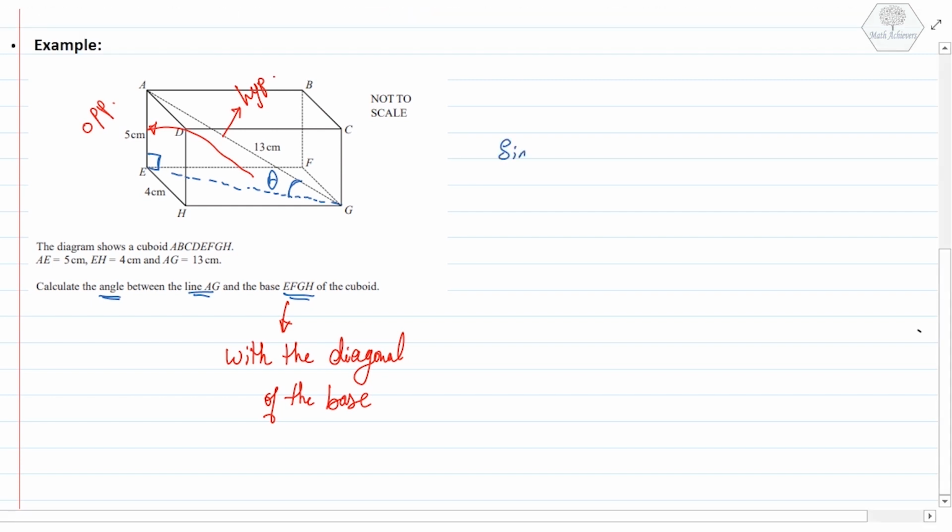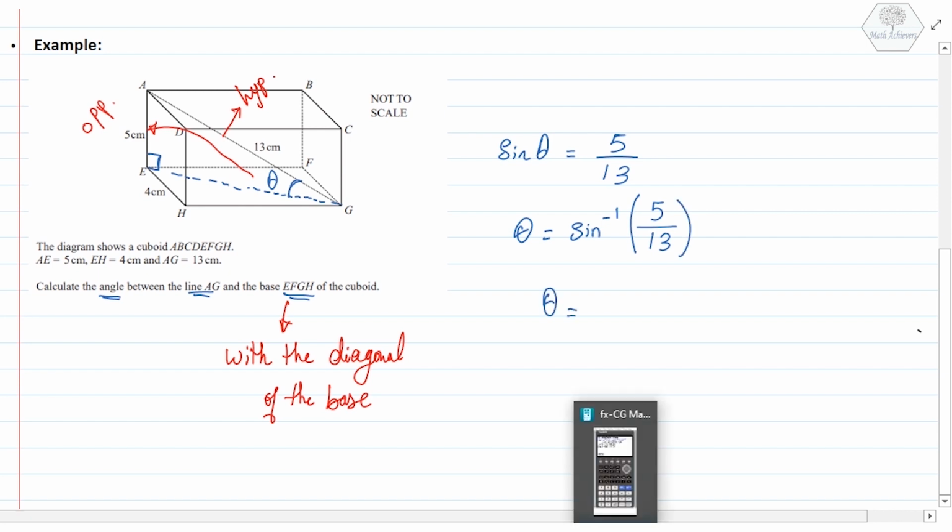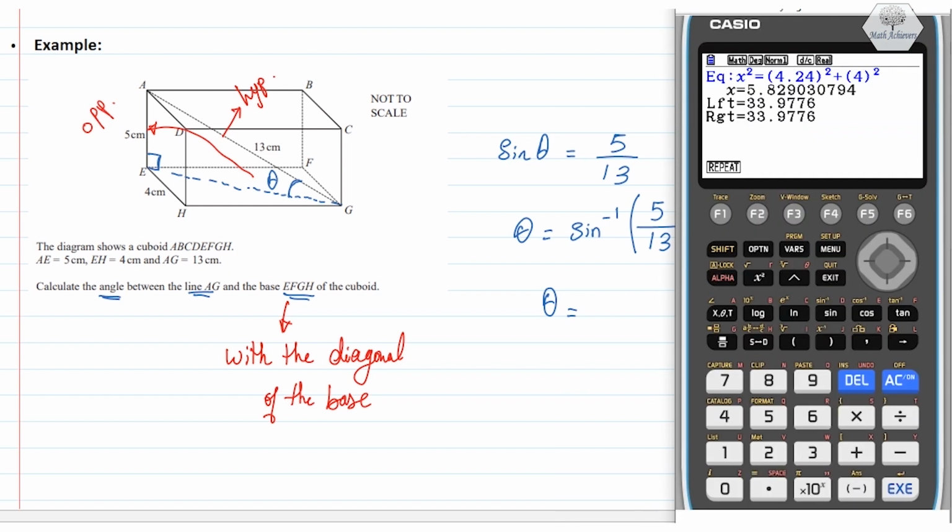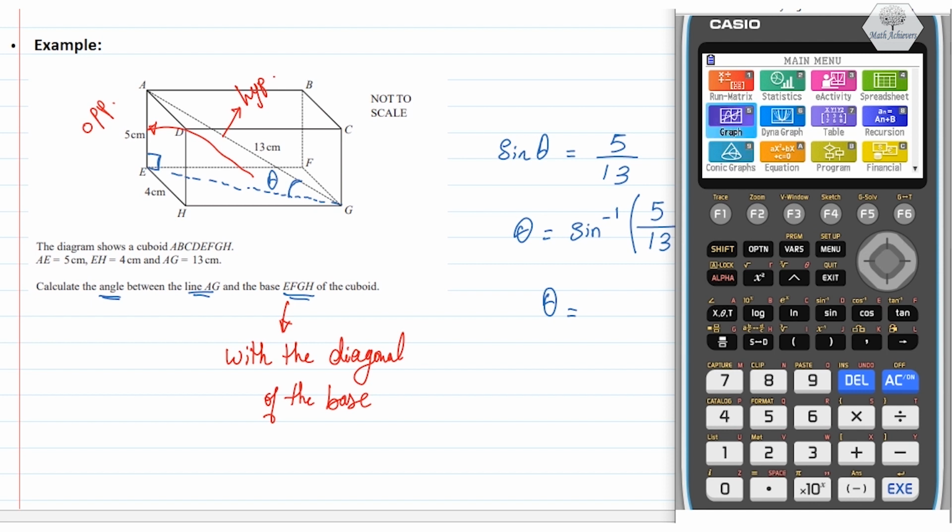So now, sine theta is equal to the opposite, which is 5, over the hypotenuse, which is 13. So theta is equal to sine inverse of 5 over 13. So theta is equal to, we go to our calculator and we go to menu, run matrix,